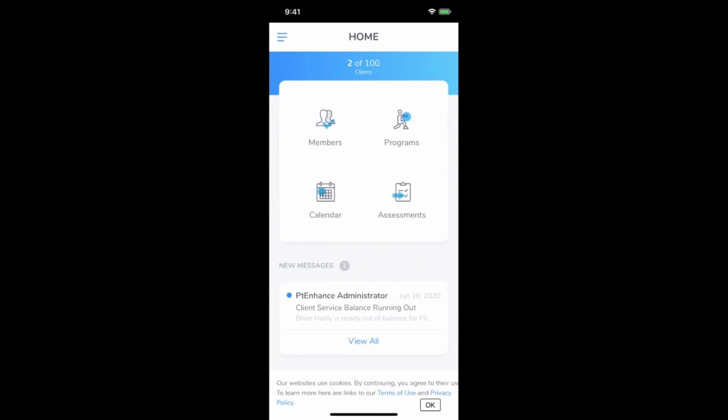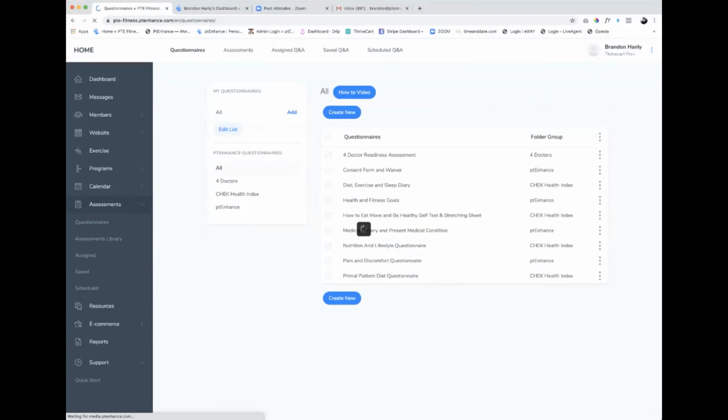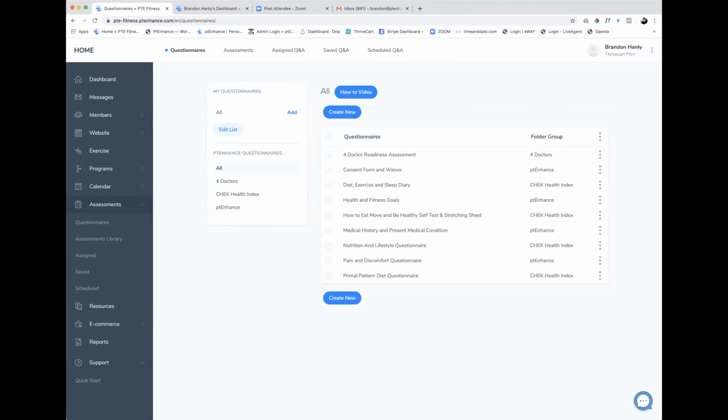Well, for one, and I'll just show you real quick. I'm gonna stop share my screen one more time. So for example, if I'm sending an assessment or a questionnaire, let's say I'm gonna send a questionnaire to my client, okay? I gotta get rid of those pop-ups. Let's look at this questionnaire right here. Let's say I want to send them a diet, exercise, and sleep diary questionnaire. Okay, if I go over here and I assign it to a client,